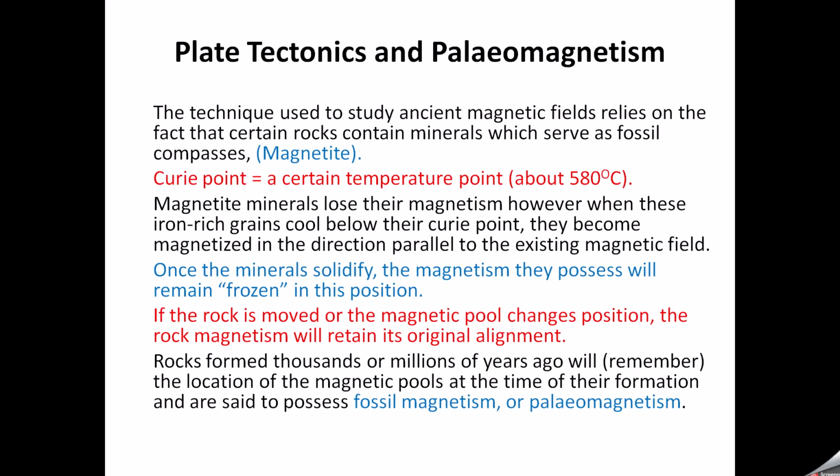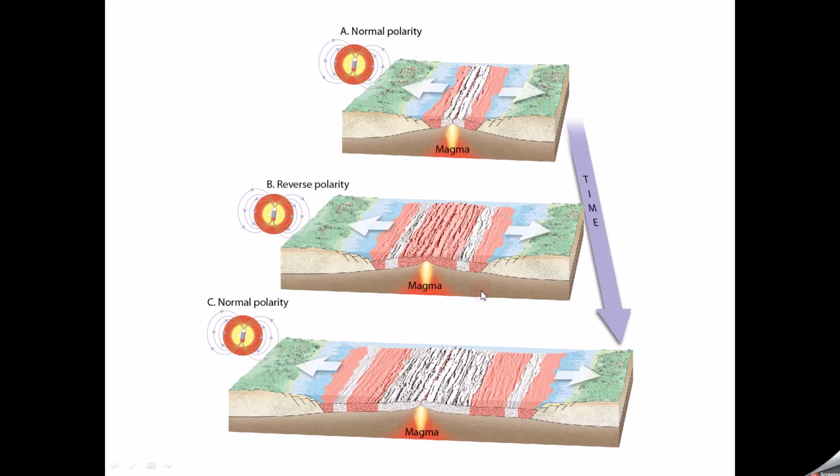And once the minerals solidify, the magnetism they possess will remain frozen in position. And that's what we call fossil magnetism or paleomagnetism. If the rock is moved or the magnetic pole changes position, rock magnetism will retain its original alignment. So it doesn't matter what happens after. These rocks with the paleomagnetism will keep their original